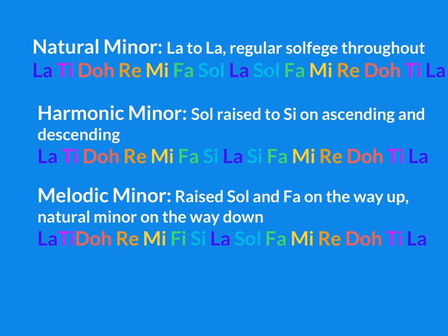And finally, the melodic minor scale is different on the way up than it is on the way down. On the way up, Fa and Sol are raised to Fi and Si, and on the way down, it returns to natural minor, Sol and Fa. La, Ti, Do, Re,